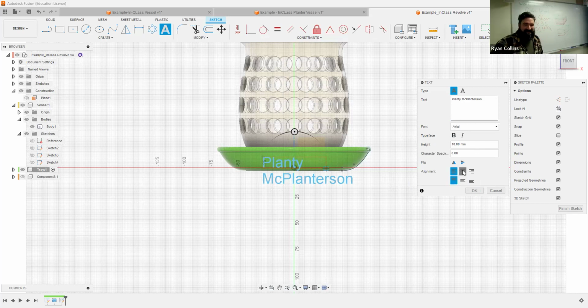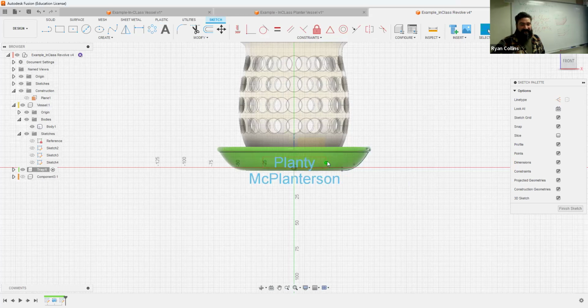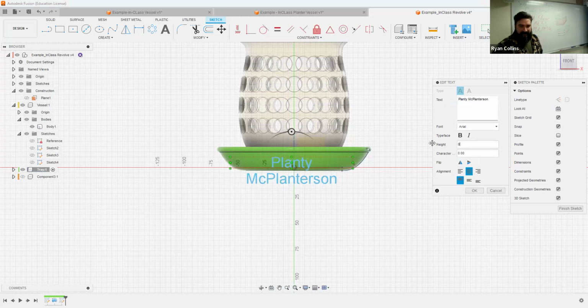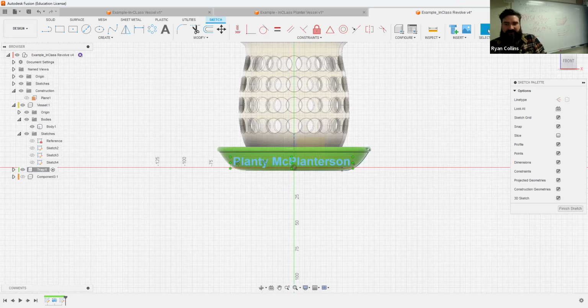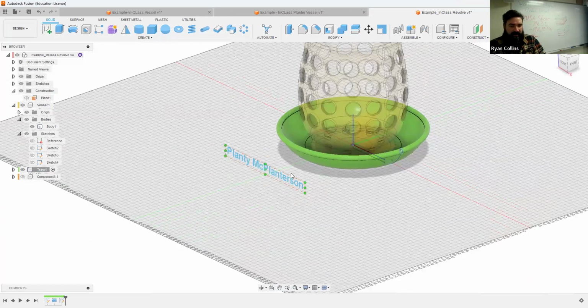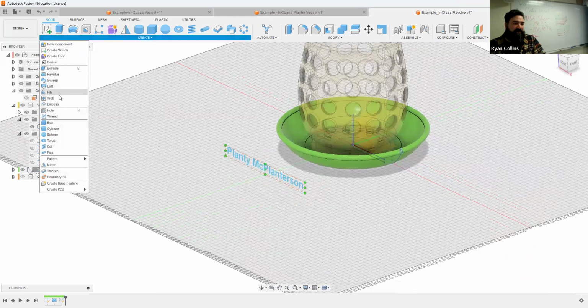You have your standard stuff like center it and all that kind of thing. I'll have to adjust this text box obviously because that don't fit. Keep stretching it out. Maybe I'll need to go back in and make that slightly smaller font. Yeah, looks like it. I'm just trying to get it on the same line. There we go. And let's make it bold. Great. So again, if I tried to extrude this, it would just not work. It would try to cut that straight across as a rectangle. But if I use the emboss tool,